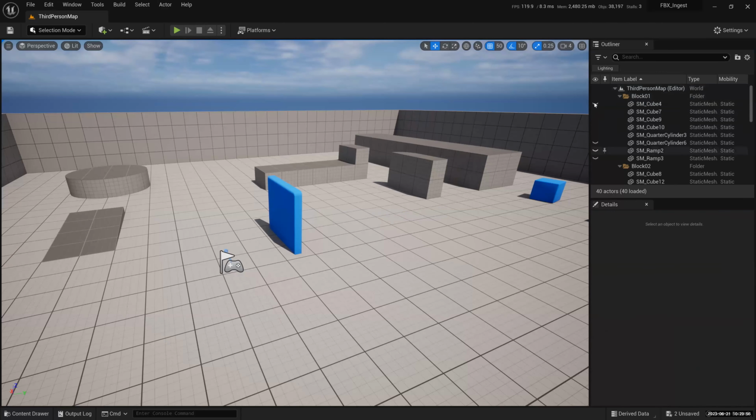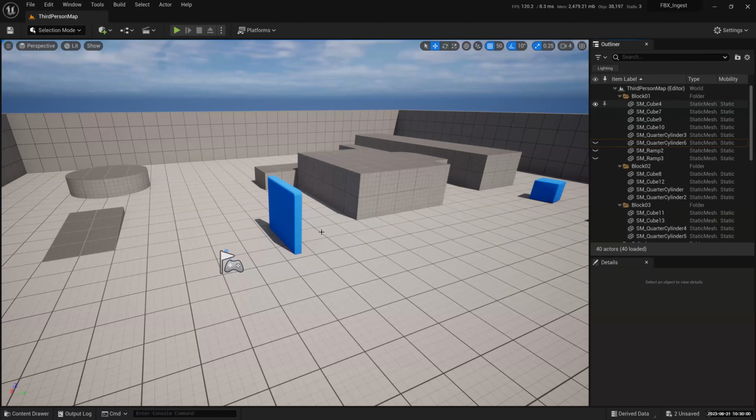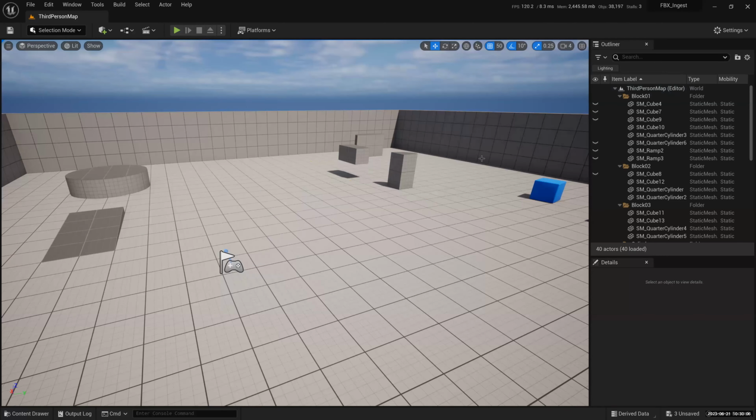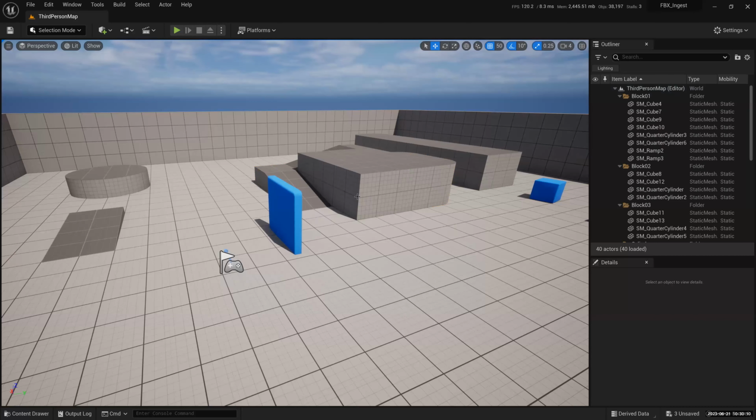When you do that, you're actually switching off the eyeball in the outliner. It's the same thing as in Photoshop, right? You can toggle on and off from here. Or you can shift select a bunch of them, and then press H. If you want to see everything again, Control H. Anything related to the actor is under the actor menu drop down here.